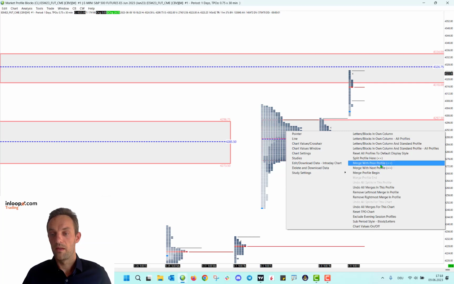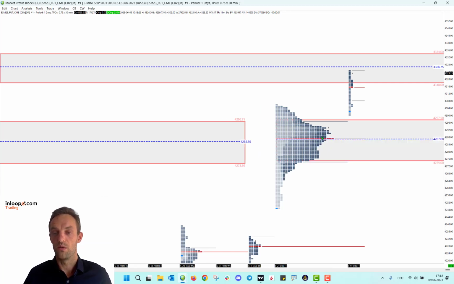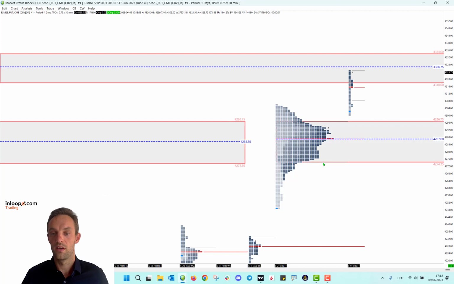For the next day, for today, we also merge these profiles. And now we have an interesting scenario, because the market today in the morning opened already here above this value area high, which is then the resistance line at the level of 4,296 plus minus around this level. So we opened already higher, and we didn't test here, just shot up to the previous value area.